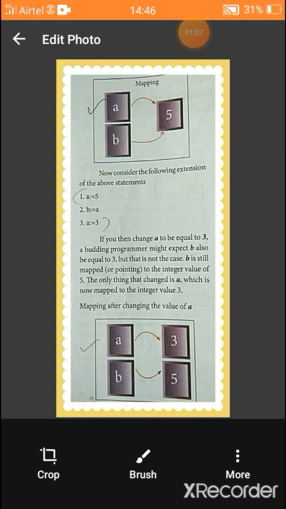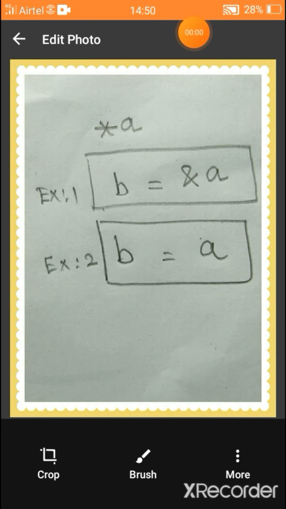Do you all remember what a pointer is? A pointer is an asterisk symbol. If we declare a pointer symbol before a variable, we use a reference operator too. Let's see in the next example. Look at this example. The asterisk symbol is called a pointer variable.